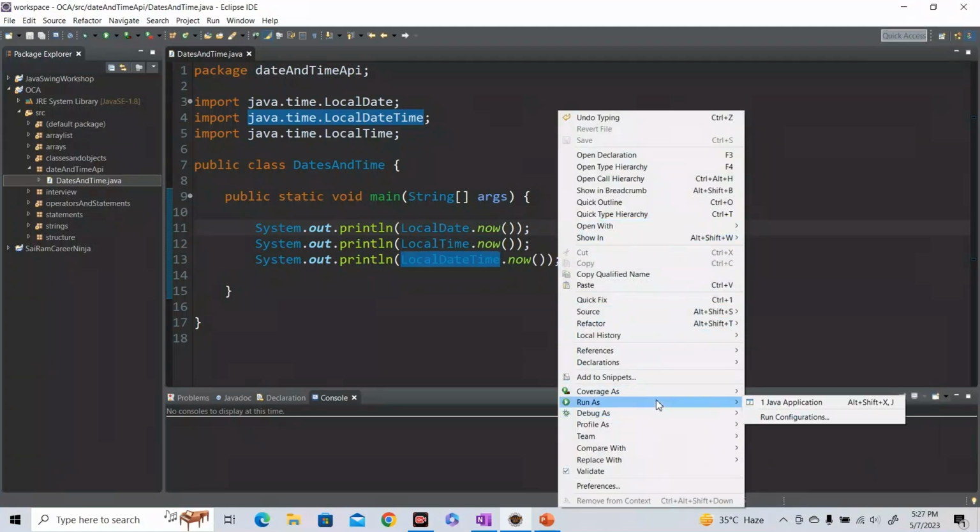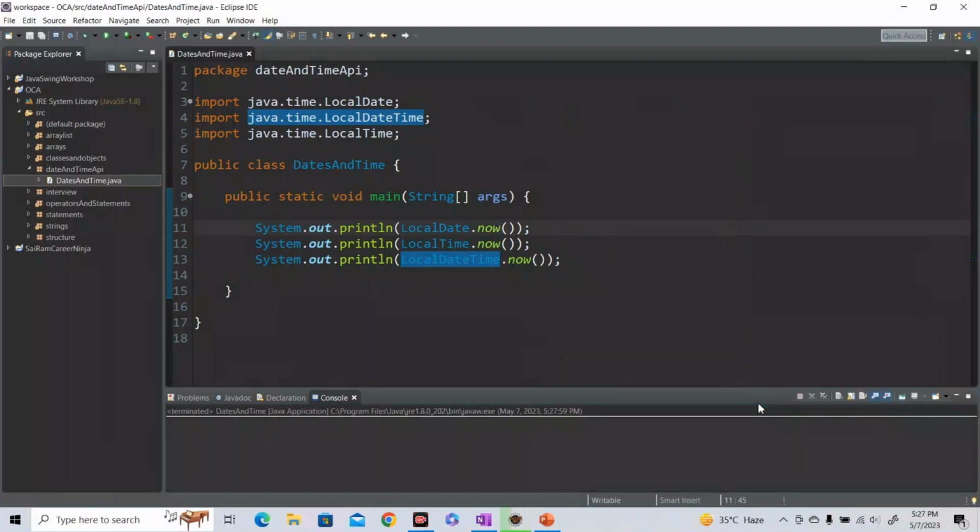Right click and run as a Java application, and if you see, we are getting a default format. If you want a separate format, we're going to talk about formats later on in the chapter. You can see that it's the current time, so now it is 5:28. And then the local date time is separated by T, so it means that from here this is the time, right? So I hope you guys got how to create simple instances of the particular time, local date, local time, and